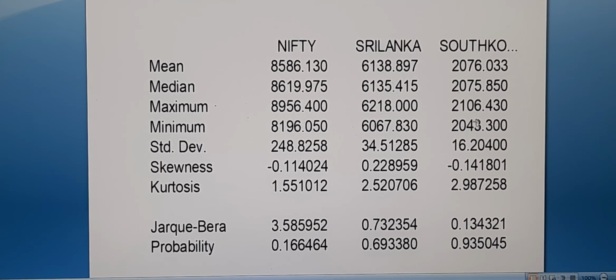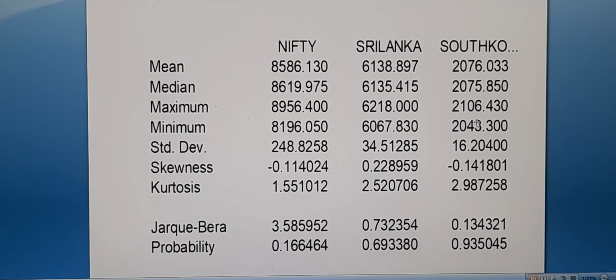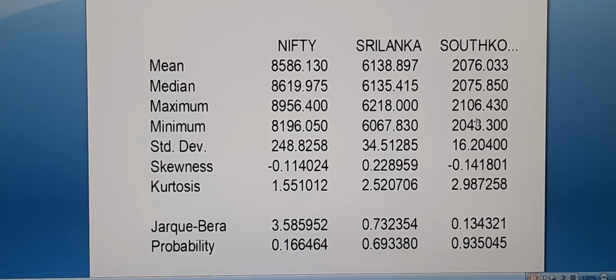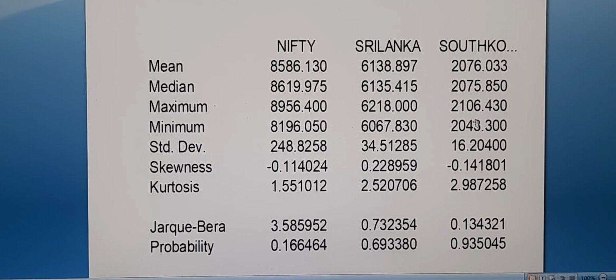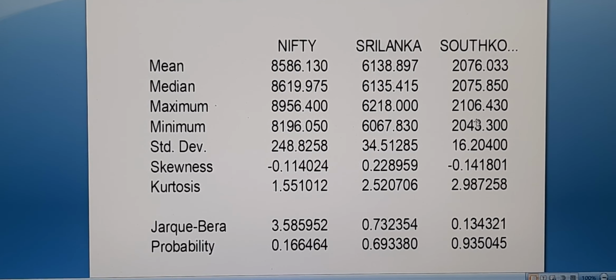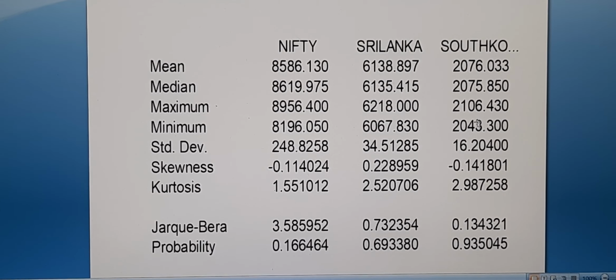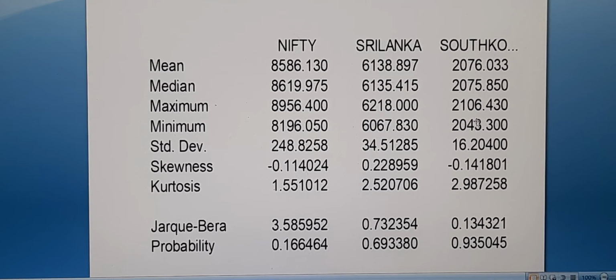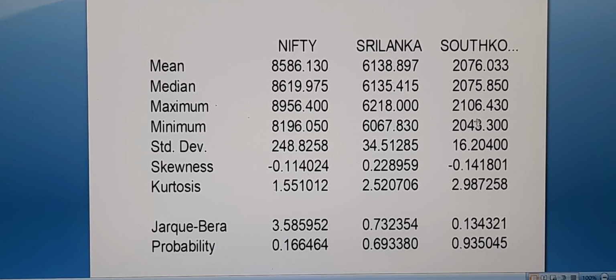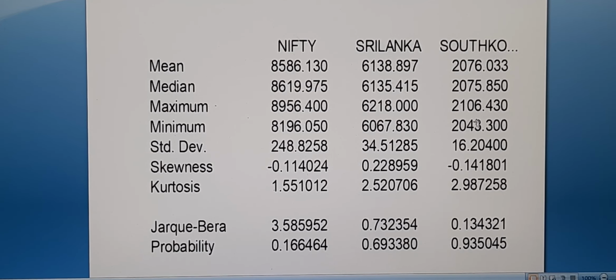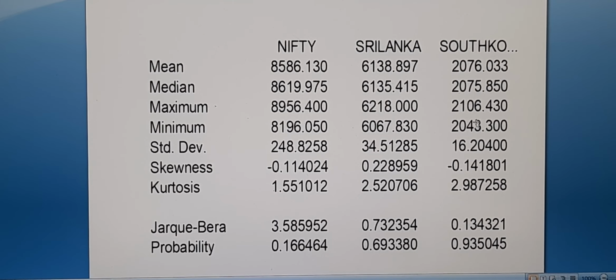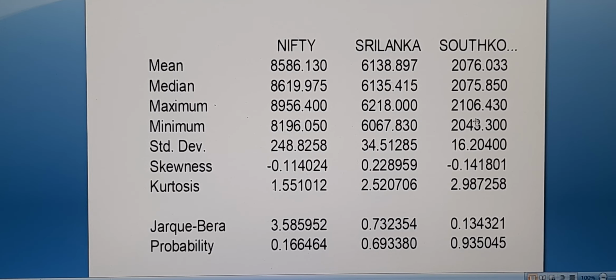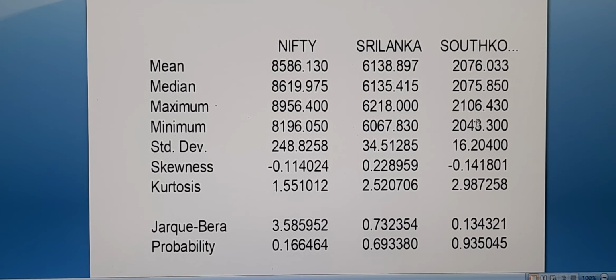If you consider Nifty, the mean is 8586.130, the median is 8619.975, the maximum value is 8956.400, the minimum value is 8196.050, the standard deviation of Nifty is 248, and the skewness is minus